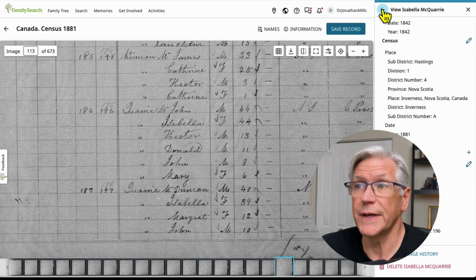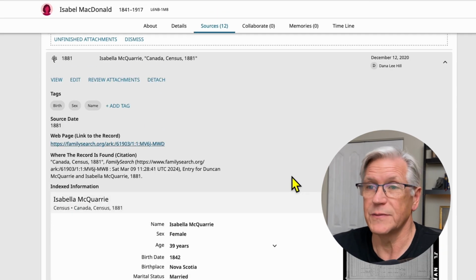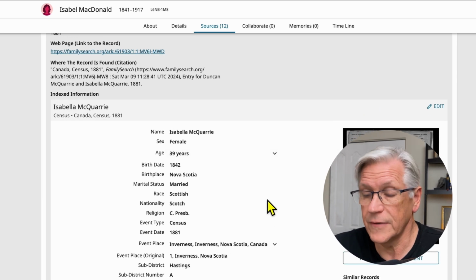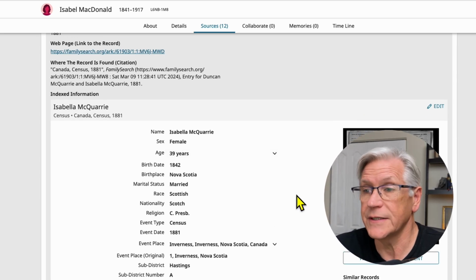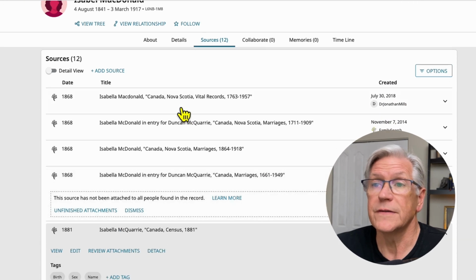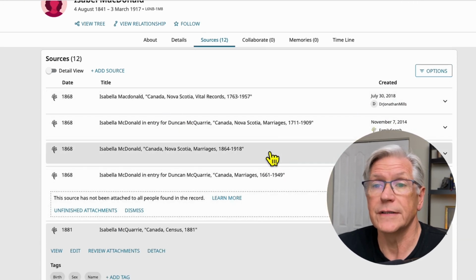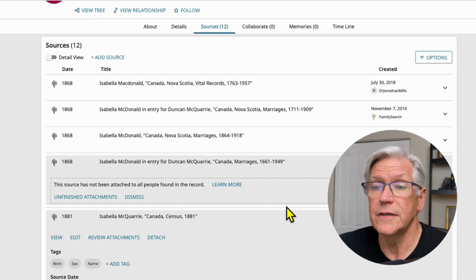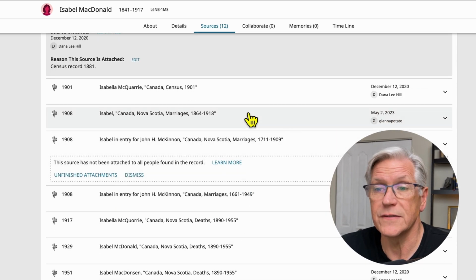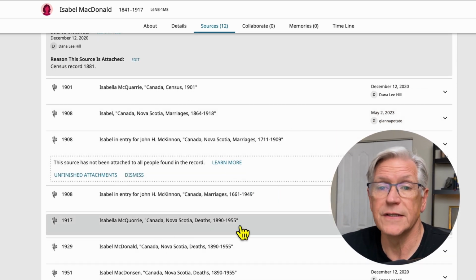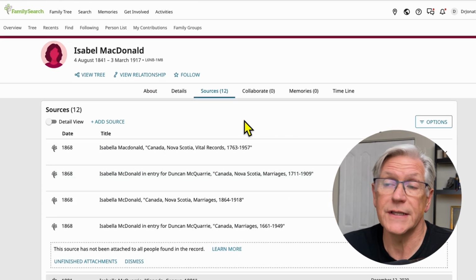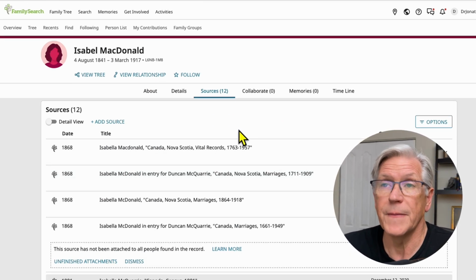We're just going to go back. Now we're back in Isabel's profile. Anyway, you can see that this record, this document has already been attached to her profile. So there's vital records here. We've got marriage records. We've got probably some death certificates and other things as well. So yeah, Nova Scotia deaths. So there's a lot of information from these documents, and that really validates the